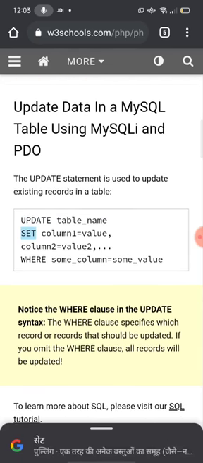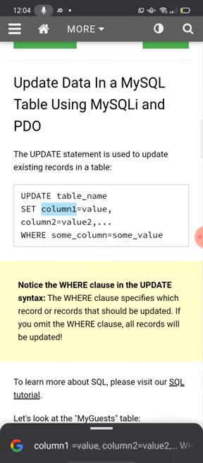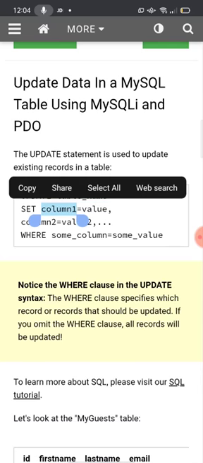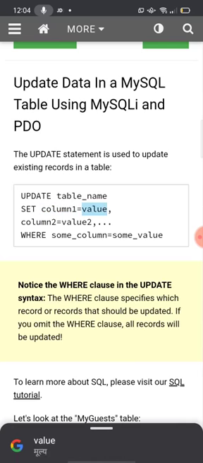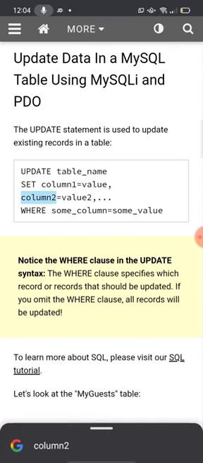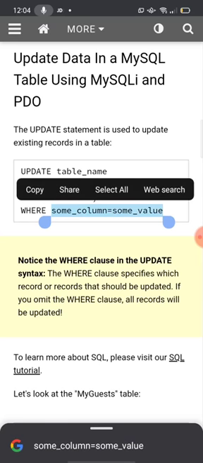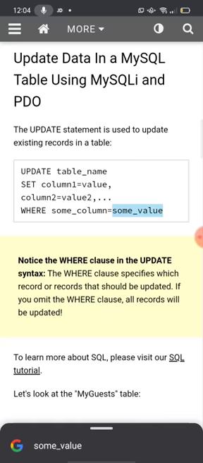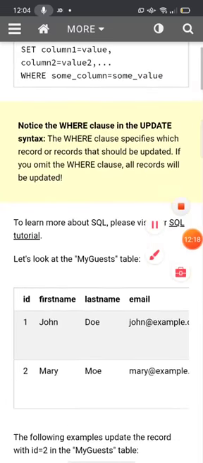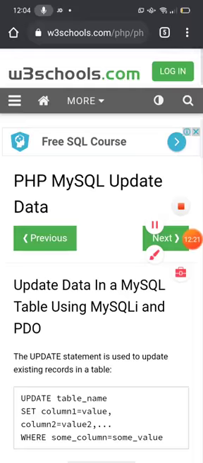Then you are going to SET a value. What value? Column value. Which column? Any column, ID, whatever column it may be. It may be your first name, last name, address or contact number, whatever as per your requirement. You can write your column name over here, and the value will be your content. Okay, then column2 and value2, whatever it may be, WHERE some column is the condition specified, whatever column may be there, it will choose that particular column. ID equal to, you can choose over here, some column is equal to some value. Okay, is it clear, everyone? So this way you can update your table.